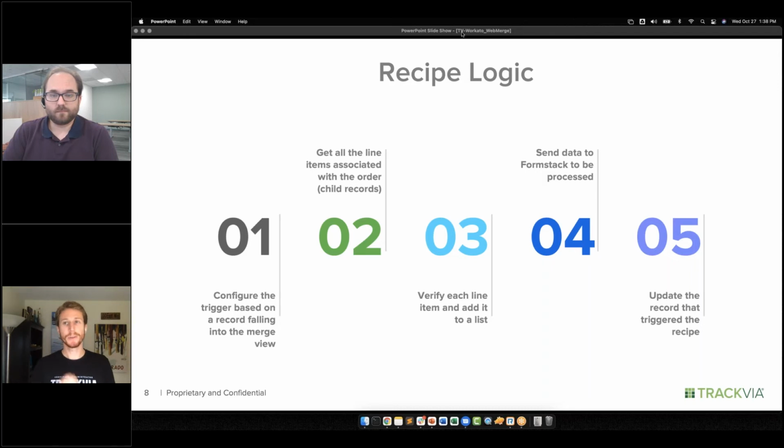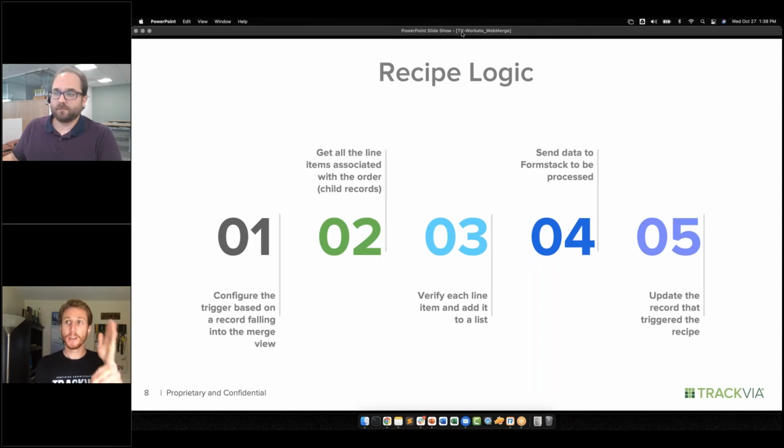And then the last step, which we actually didn't configure in the recipe, is that you want to make sure you go back and take that record out of the view, just so you don't accumulate a huge list of things in that view. It just keeps it performant. So this was actually, on the scale of merges that we see, on the more complex side, if you can believe that.